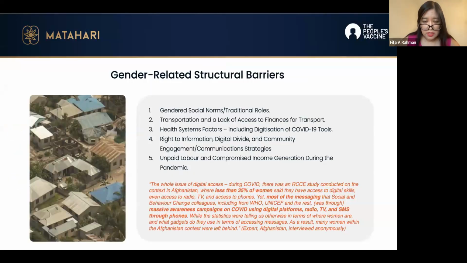So let's go a little bit into the gender-related structural barriers that we mentioned in the report. First of all, we've got gendered social norms and traditional roles. Overwhelmingly, we focused on how women predominantly had the role of being the child minders, rearing and caring for children. And that affected access to COVID tools in a number of ways, including the fact that many did not have